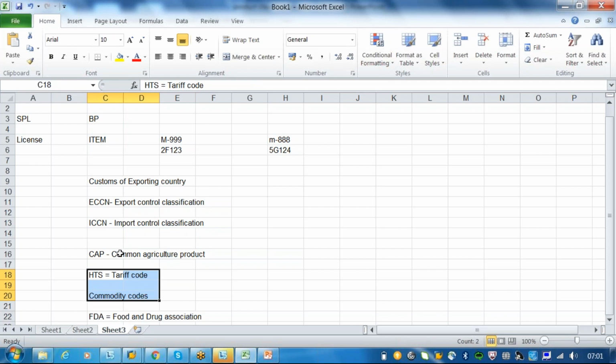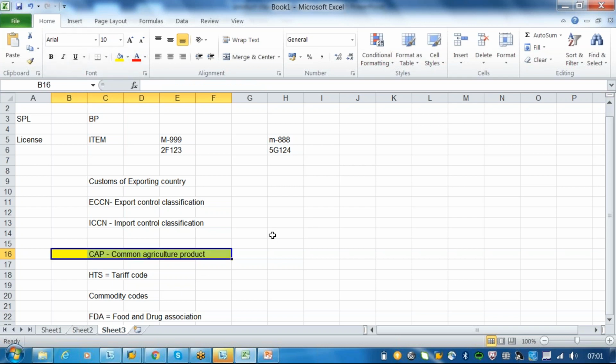And if you are dealing with common agricultural materials, like sugar or sugar cane or jaggery, or any beverages or eatables which are agricultural products like paneer, milk, dal, anything, then there will be some CAP number. Mainly this CAP number is applicable only in the European countries.